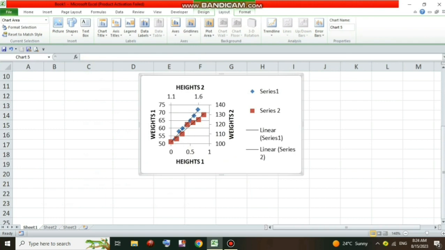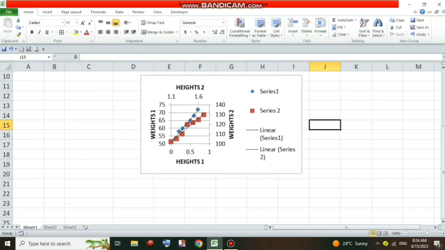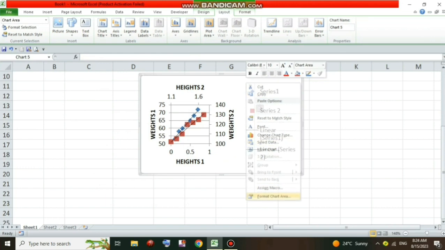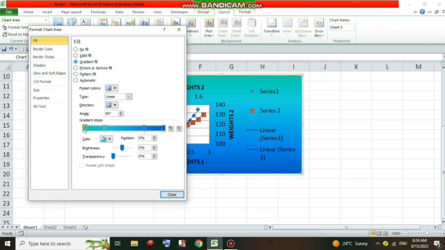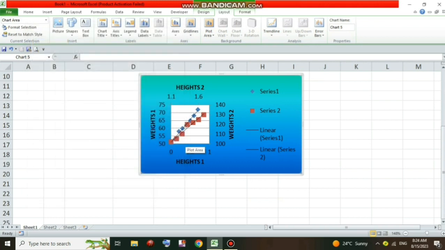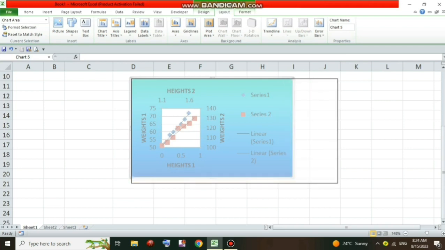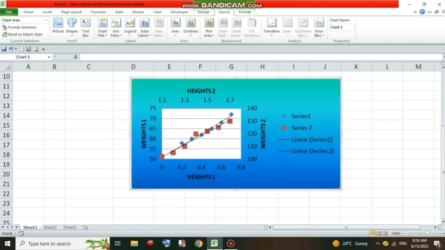Now let me change this chart. Let me format the chart area and give a gradient fill over here. I have taught you this earlier. I think that's it. You can also increase or reduce the titles, the heights, and the size. And now you can also click this